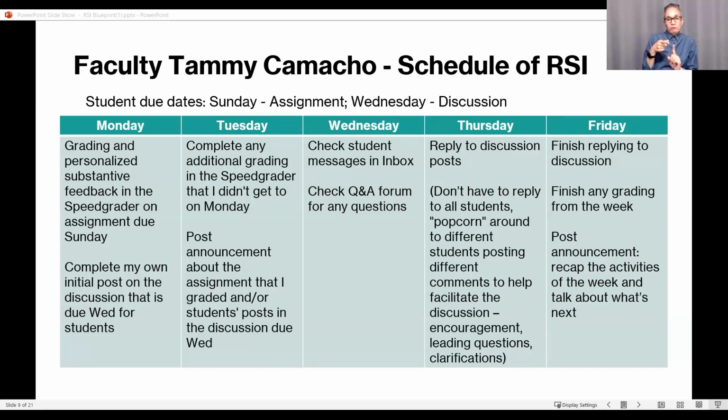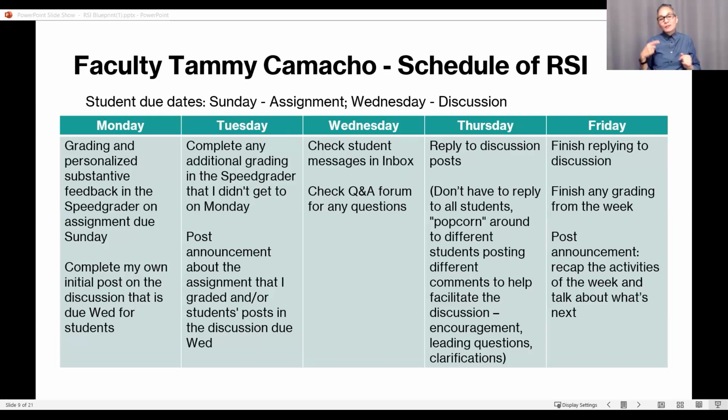Students wouldn't see this; she wouldn't be giving them this document. These are just her notes and reminders to keep herself on schedule with what she does each week to make sure she is doing adequate RSI in her course.